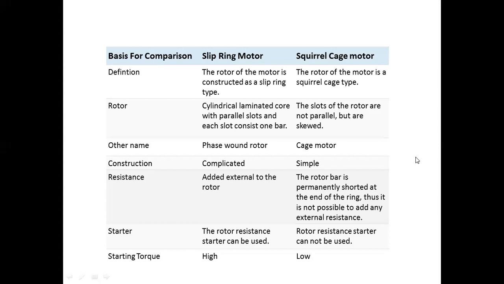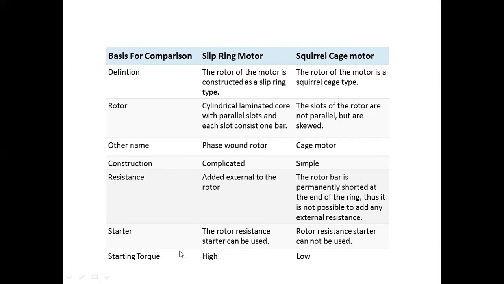So rotor construction is simpler in squirrel cage. Less copper is used there, so in squirrel cage, losses are less and efficiency is more. Manufacturing cost is less. In slip ring, a brush arrangement is there, so you can add external resistance in series with it. That facility is not there in squirrel cage. Rotor construction is simple in one and complicated in the other; you can add external resistance in slip ring, which is not possible in squirrel cage.